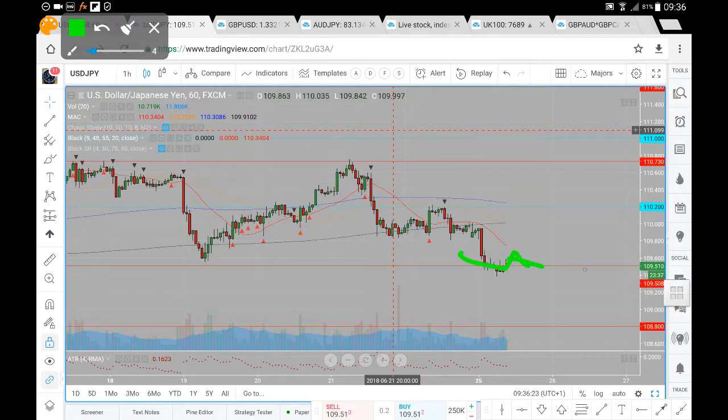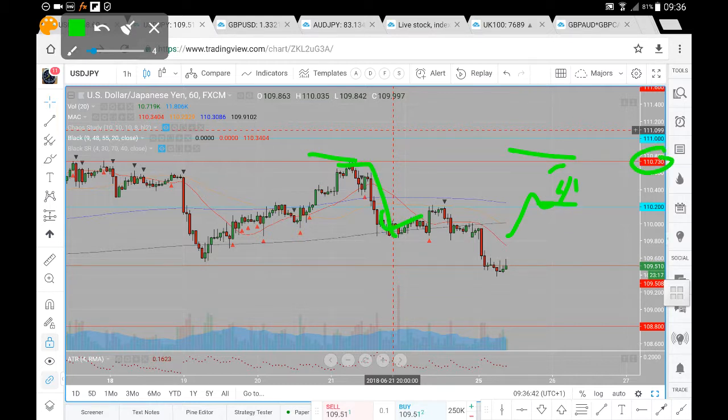So if we can break and hold above the 109.50, then we're looking for price to head up towards that 110.20, where we do have the added confluence of the 200 and 400 period moving averages, from which we could see sell side momentum return to the market. But if we can break and hold above the 110.20, we were then looking for prices to retest the 107.30